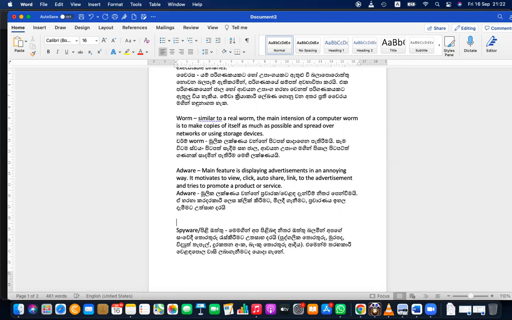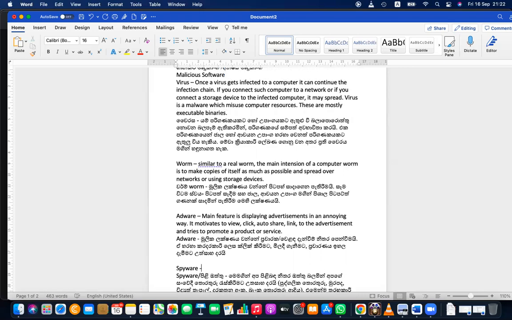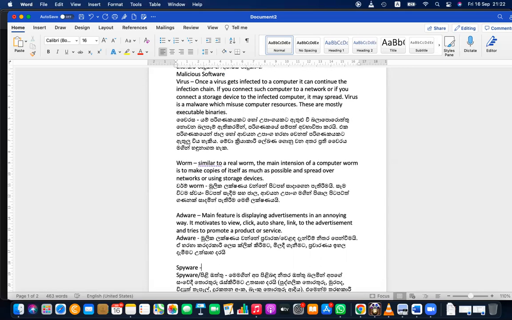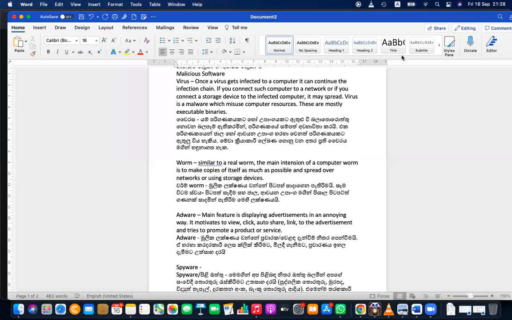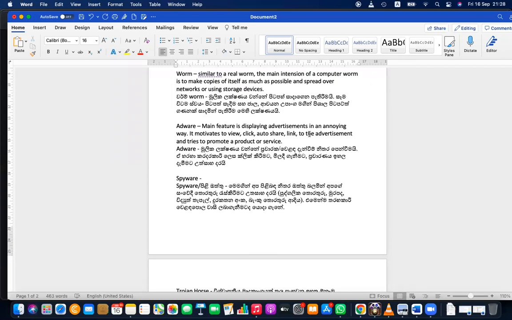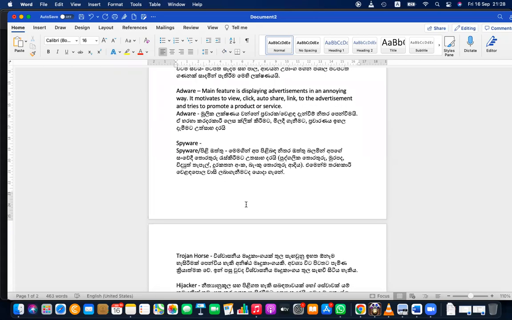Then spyware. Okay, first of all, write the first three, then I'll explain spyware and the remaining things. Spyware, basically, as the name implies, is trying to spy on us, collecting information secretly, maybe our sensitive information.